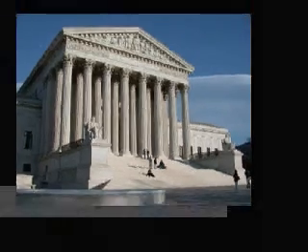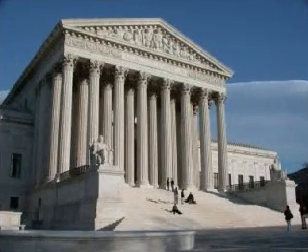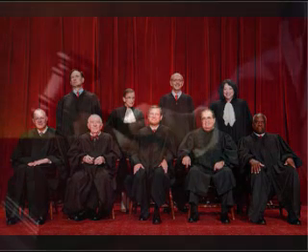The judicial branch of government is made up of the court system. The Supreme Court is the highest court in the land. Courts decide arguments about the meaning of laws, how they are applied, and whether they break the rules of the Constitution. The judicial branch interprets laws, decides if laws are constitutional, decides court cases, and settles cases between 2 or more states. The Supreme Court is the highest court in the United States.